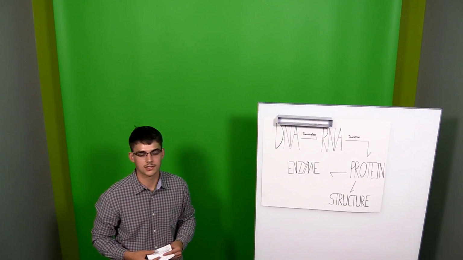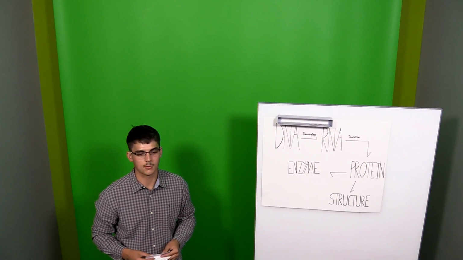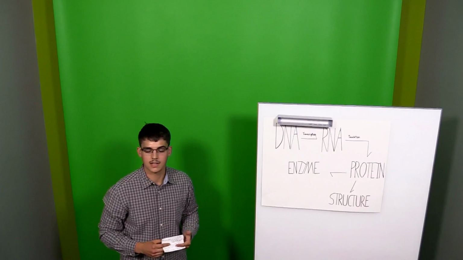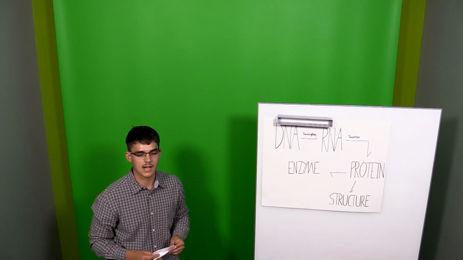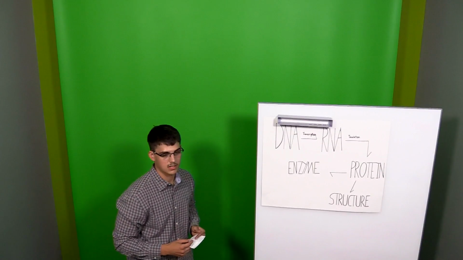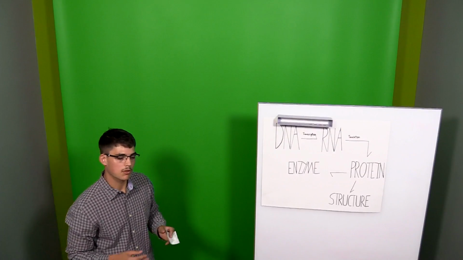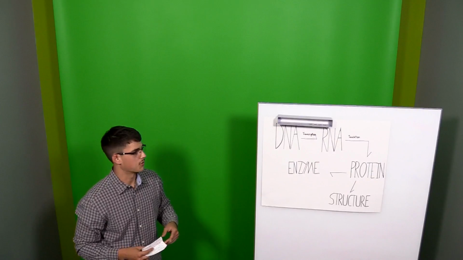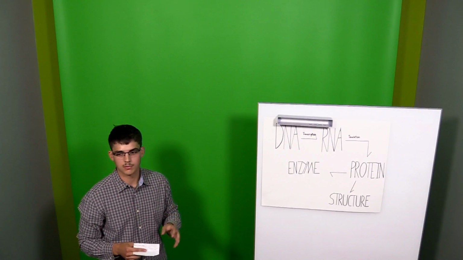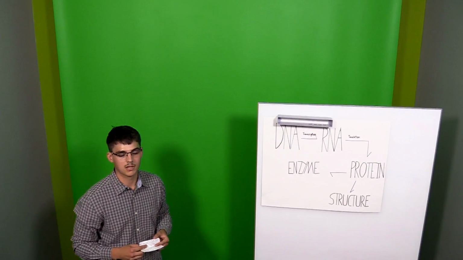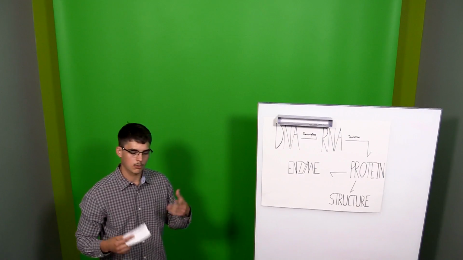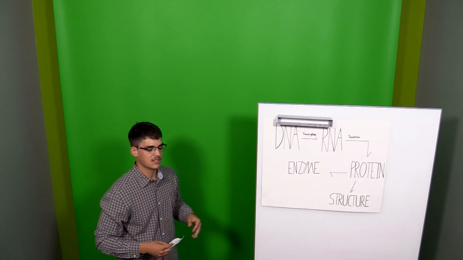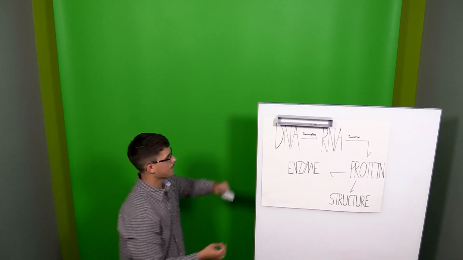is responsible for the digestion of ethanol in alcohol metabolism, is a good example of an enzyme found in the human body. Also, lactase, which is responsible for the digestion of lactose, is another good example of an enzyme found in the human body. Both alcohol dehydrogenase and lactase are good examples of enzymes derived from DNA that are the building blocks of what we'll continue to refer to as a metabolic pathway. Now that we've established a relationship between genetic material and a metabolic pathway, let's now discuss how metabolic pathways work.